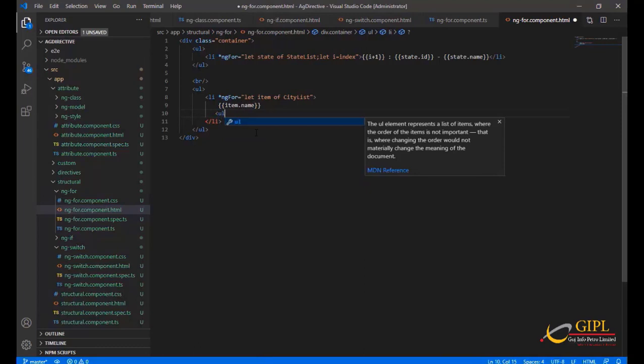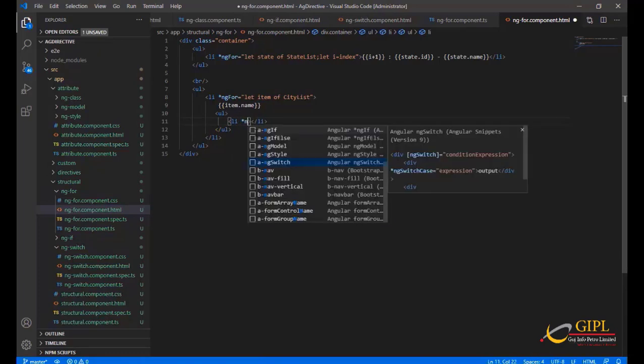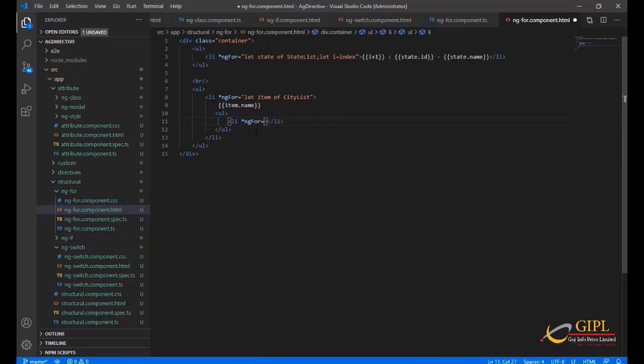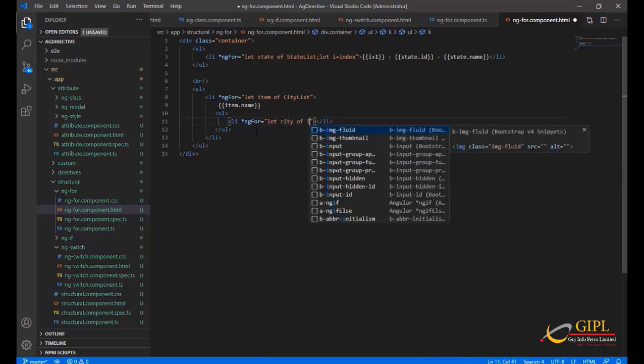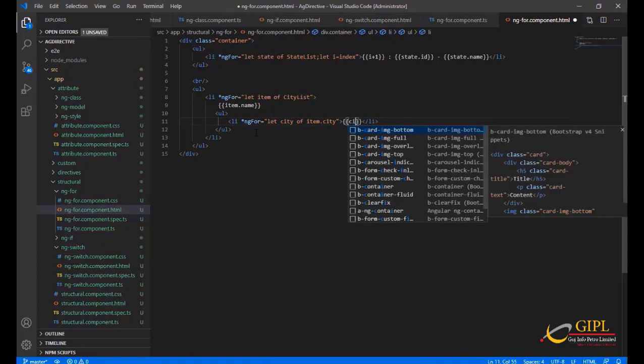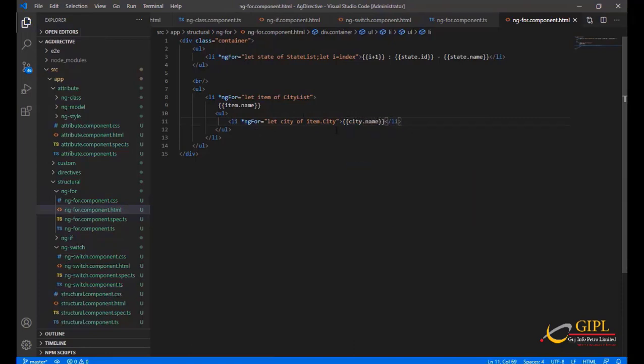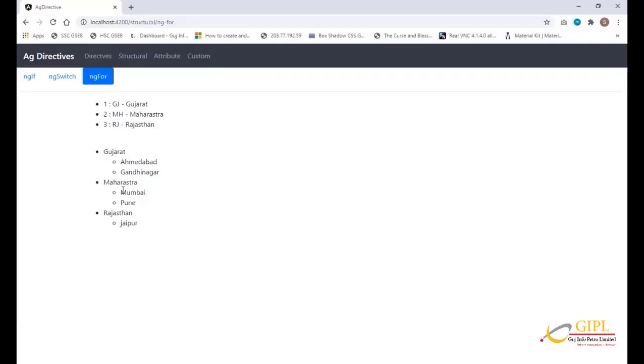Take another ul and li to show the city list, li star ngFor equal to let city of item dot city, and show the city name, city dot name. Now let's check the output. You can see the nested list is applied. There is a parent list, and inside the parent list the child list is applied.